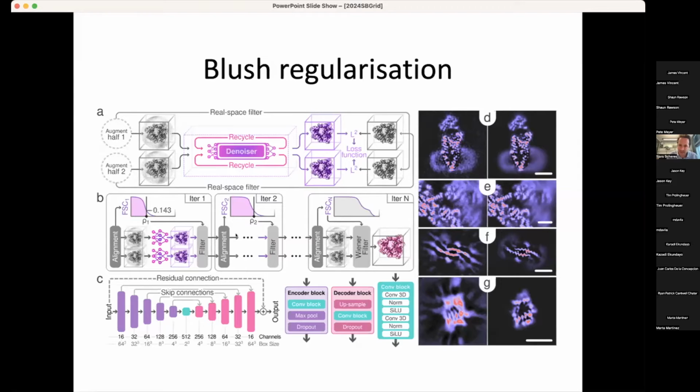So to circumvent that problem, Dari set out to use just unfiltered half maps that he downloaded in pairs from the EMDB, and sifting out redundant structures, or taking away too many ribosomes, etc., he was able to make a set of about 400 half-set pairs. And then he trained a denoiser using a noise-to-noise framework.